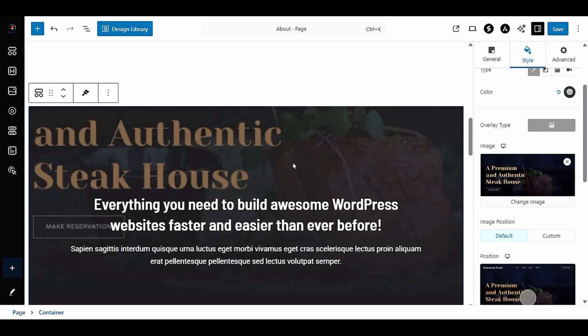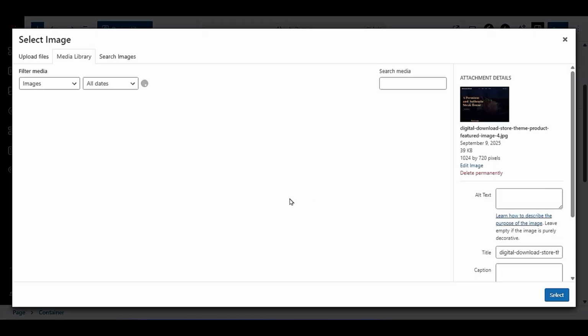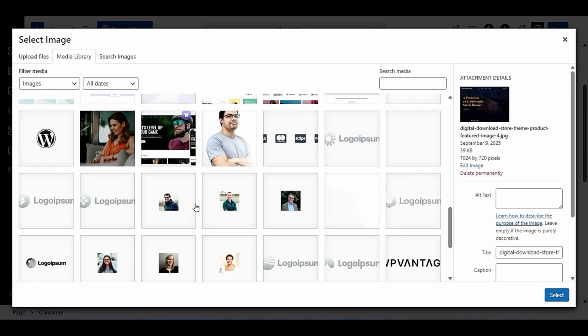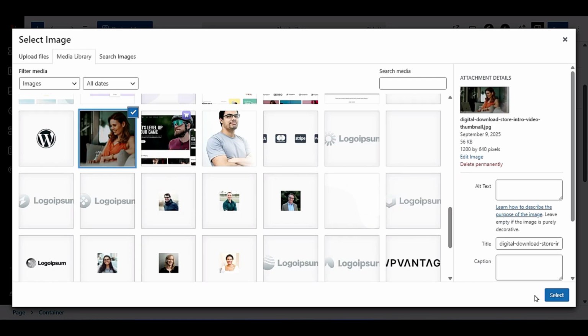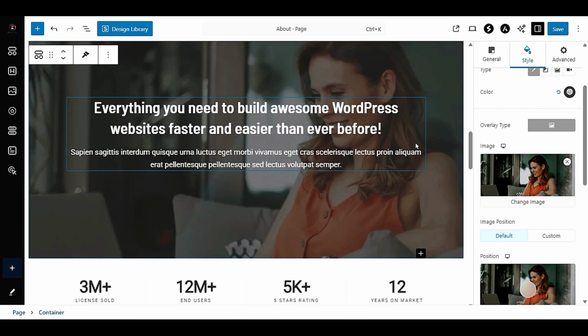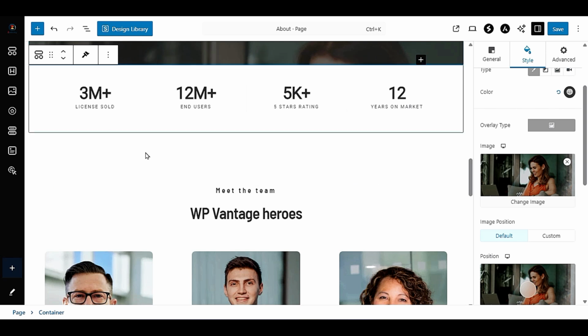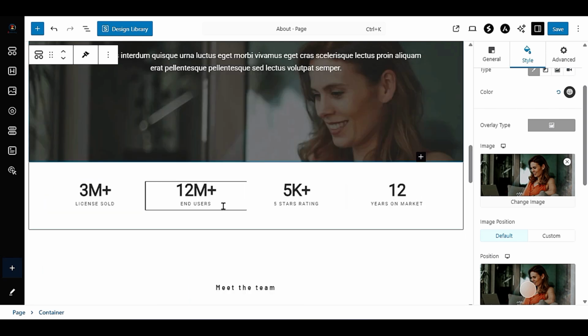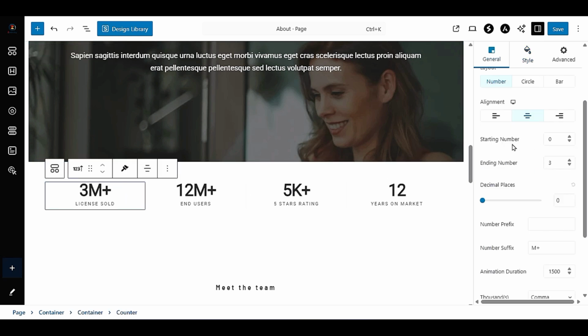This will be changed right away. If you want to remove the image, just simply remove it. For example, I want to add this image. Okay, now we have changed the image. Same for the title and description to change. If you want to change these things, always hover the mouse and see if there is a hover effect. If there is a hover effect, you can change it. Click on it and look here: starting number, ending number. Instead of 3, enter 7, and it will be changed